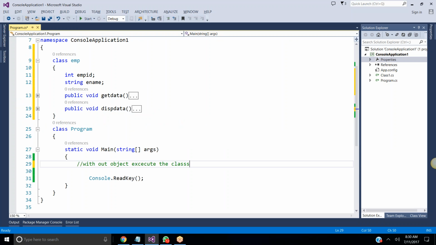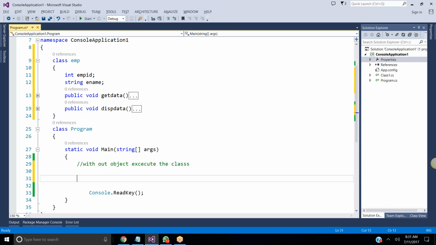If you create an object for the class, then only we can use the features that are available in the class. If there is no object for the class, there is no real-time nature to the class. The real-time entity for the class is the object. You must and should create the object for the class, and then we need to use the method set that are available in it. Now listen here, all of you.